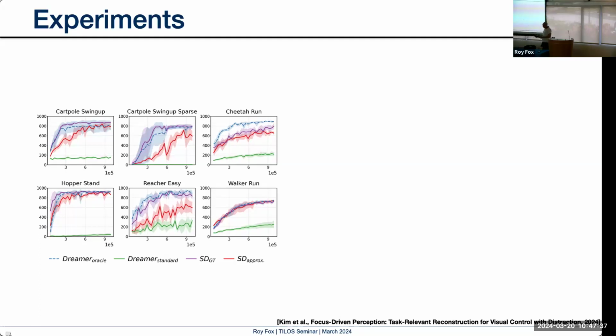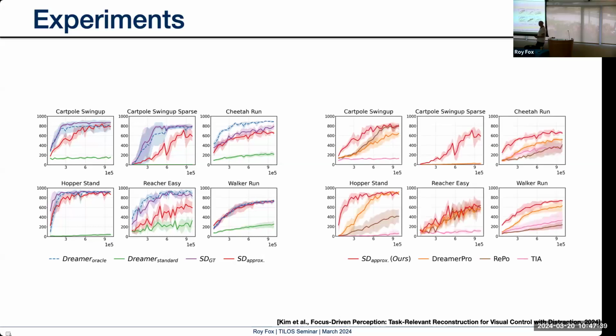One of the interesting things is that no previous work ever was able to do sparse rewards from distraction. So when you have a very sparse reward signal, it's hard to recover from those distractions. And we're the first, to our knowledge, work that can actually operate under distraction in sparse rewards. And we beat other baselines and other benchmarks as well.